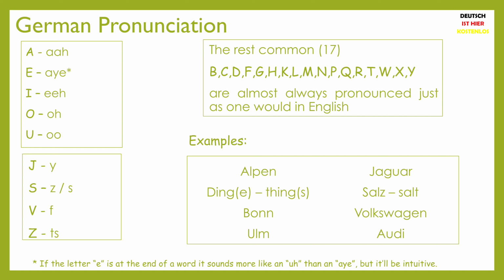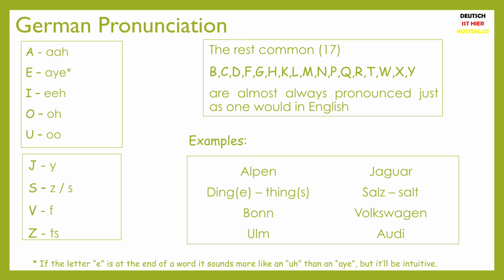I'll be using German words as examples for a better understanding of pronunciations and other concepts along the way. I'm going to try to make use of the easiest and most intuitive words, names of places, famous companies, and so on. The point is to highlight the pronunciation of the words. You don't really have to worry about remembering the meanings of the words as of now, since we will be having separate lessons for vocabulary, but if you do remember them anyway, which you probably will, that is great progress. So we have some nice examples right here.